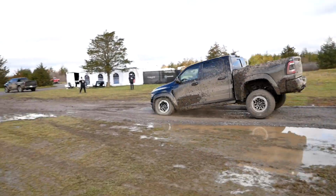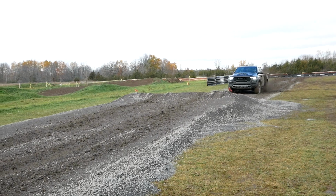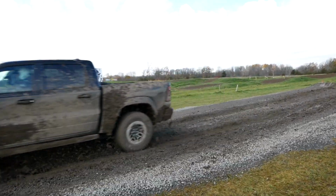So when the truck approaches a ramp, say, there are 3 accelerometers on the truck, 2 in the front, 1 in the rear. They create a plane, so it kind of knows what the front end's doing, what the rear end's doing. In addition, where are the wheels? That's accomplished through the ride height sensors at all four corners. So once it realizes it's in the air,